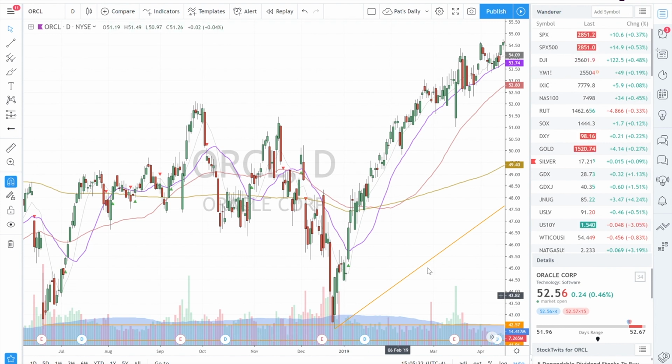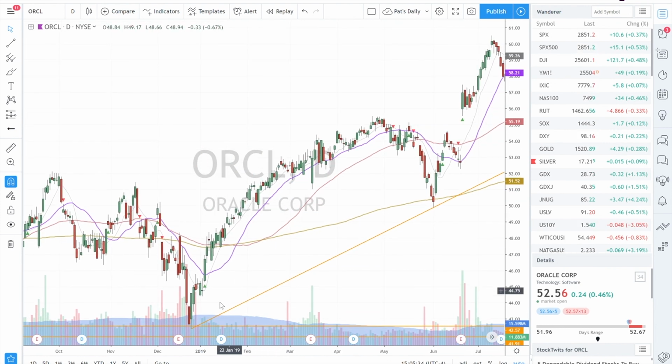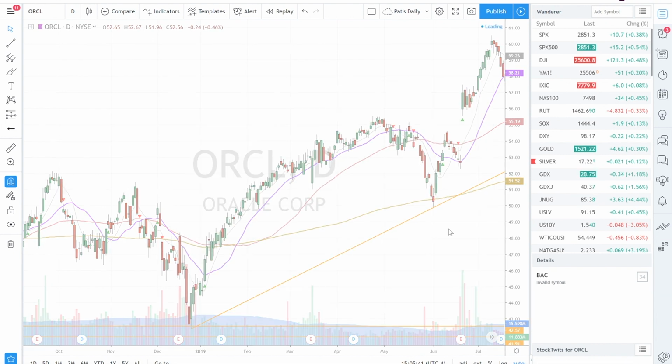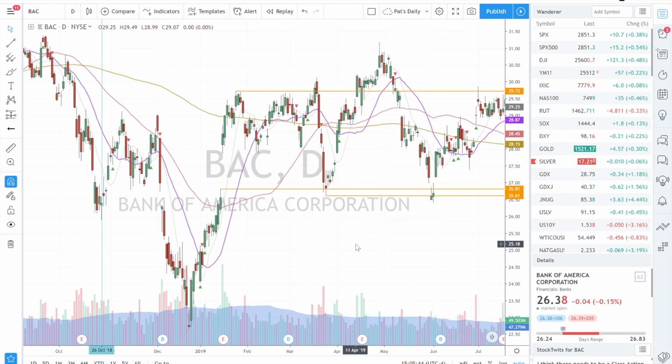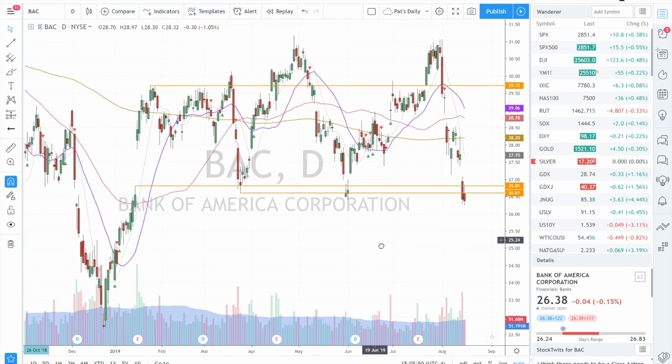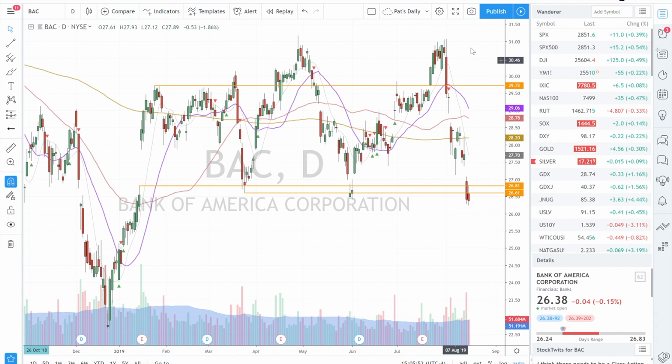All right, so you can see how well this one worked. Oracle really rallied. Nothing to shake you out on the way up, really. So that was a nice trade. Nice thing with these 2Bs is when they do stop you out, it tends to be for small percentages. You can catch a nice reversal, nice trending moves. But if they do fail, it's generally for a very small percentage because you're getting so close to a bottom